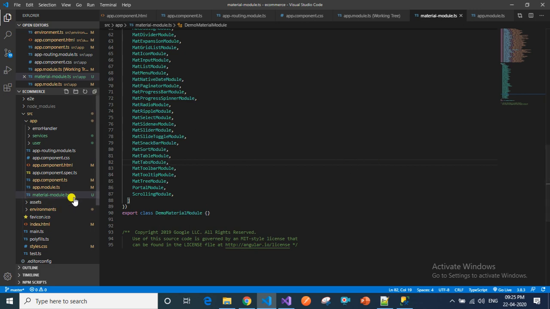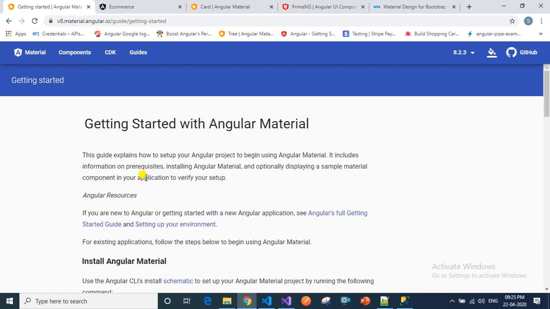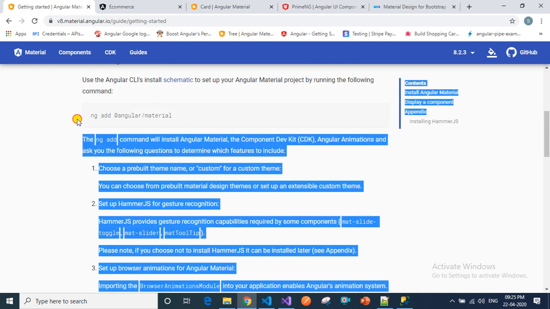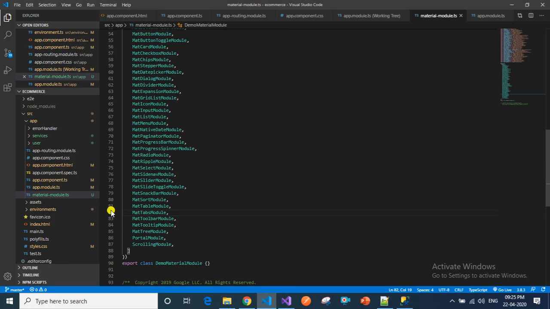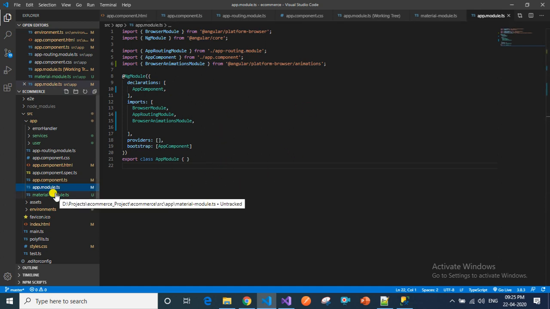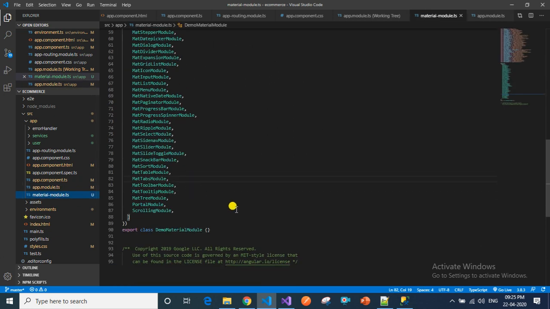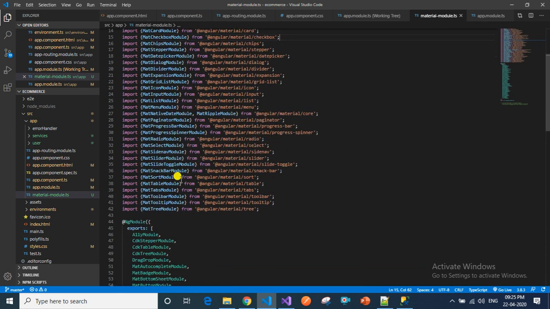So coming to our code, first we have to install Angular Material by using this command. I have installed Angular Material in my project. Another thing is we have to create a material module.ts like this. Instead of importing all mat buttons and everything in the app module, we can create that in another module called material module. So I have created all this and I have imported all this into this module,